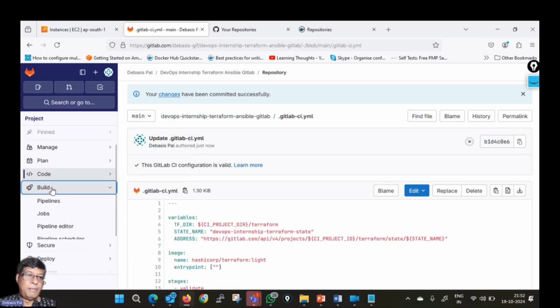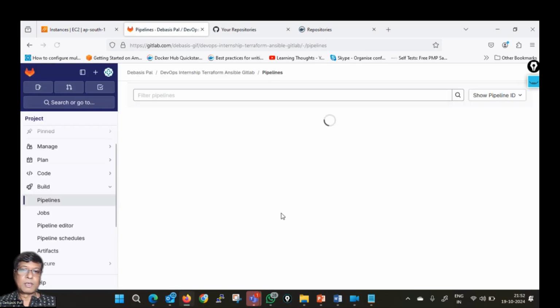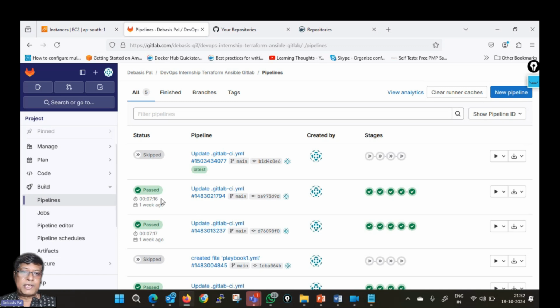So you go to the build and you go to the pipelines. Can you see it has been the latest just now? Latest pipeline for the most recent commit on this branch. So in the main branch, I have made a commit because I have taken out that line. I have deleted that and I have committed it. So it triggered the pipeline, but